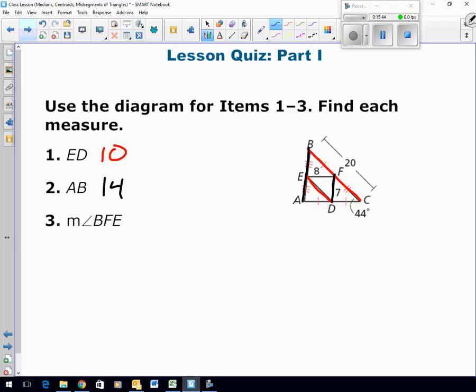BFE. What would be true about these two angles? They'd be congruent. They would be congruent because they are similar triangles. Similar triangles have congruent corresponding